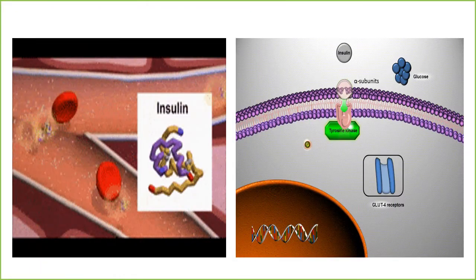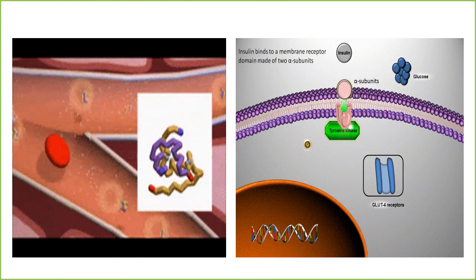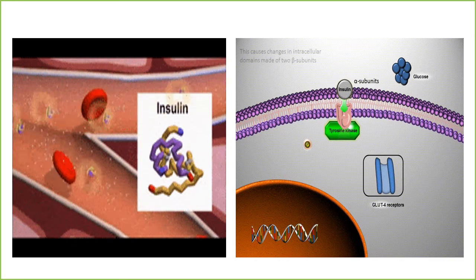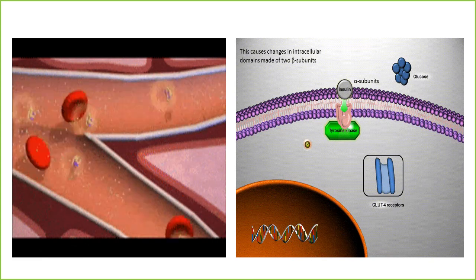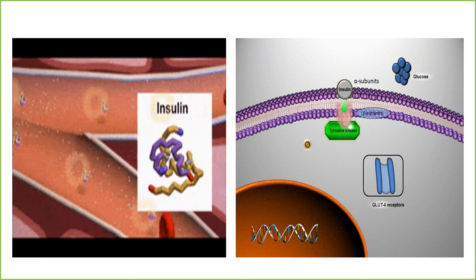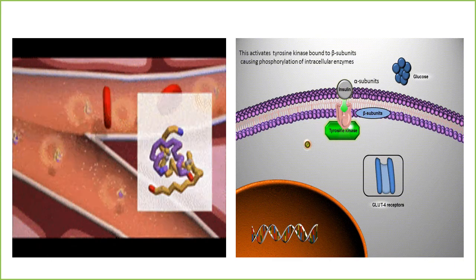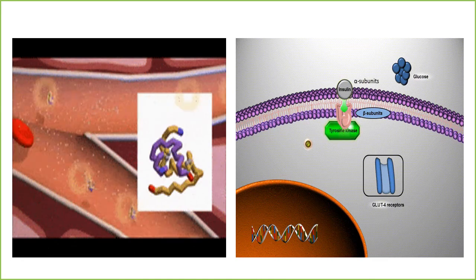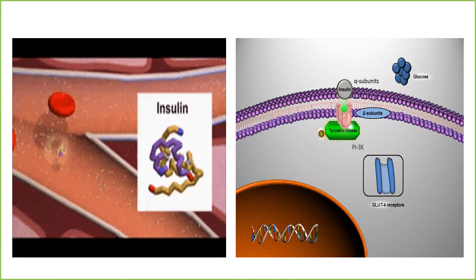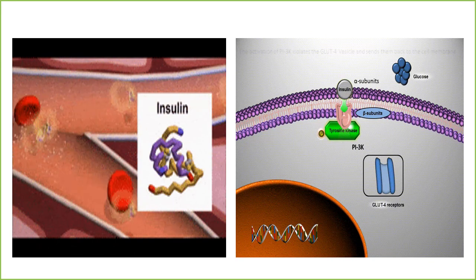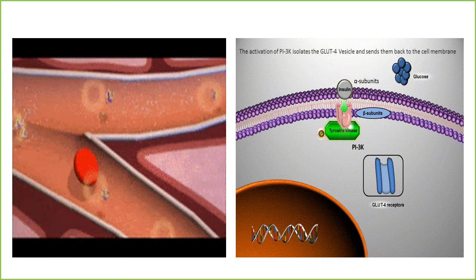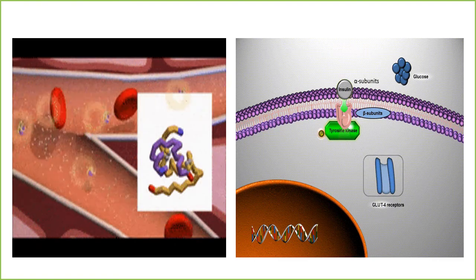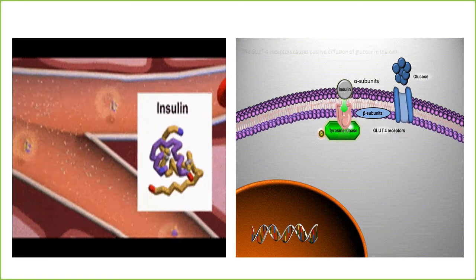Now, half of the insulin is secreted from the beta cell into the portal vein, which is degraded in the liver, while the remaining half enters the systemic circulation for action on the target cell. Now the insulin from the circulation binds to the insulin receptor on the target cell. The insulin receptor has an intrinsic tyrosine kinase activity. This insulin causes an opening of the glucose gate, which leads to the entry of the glucose into the cell.